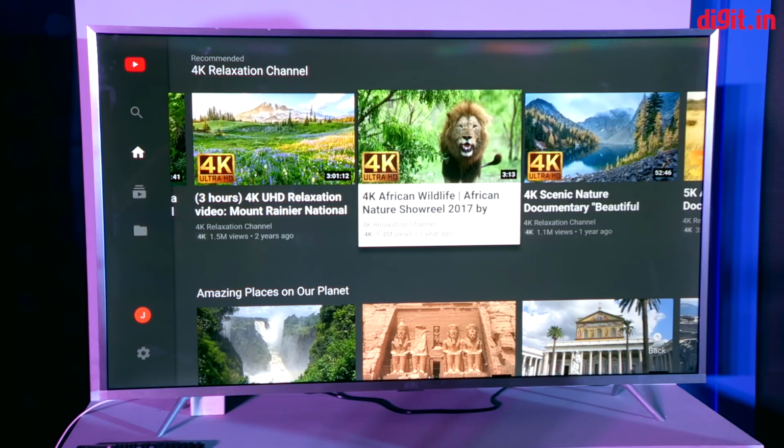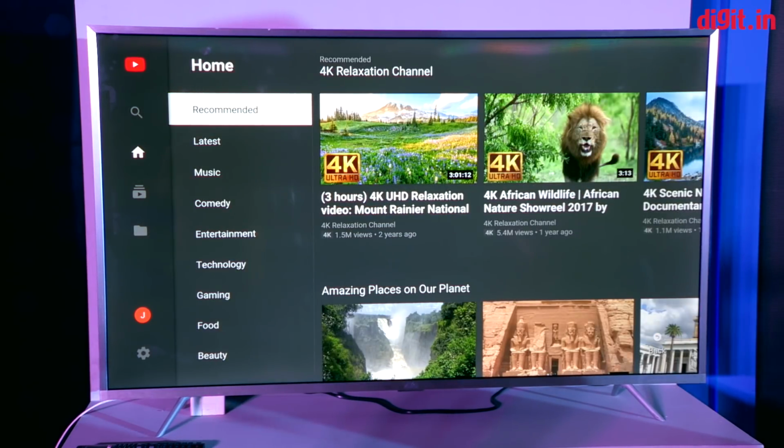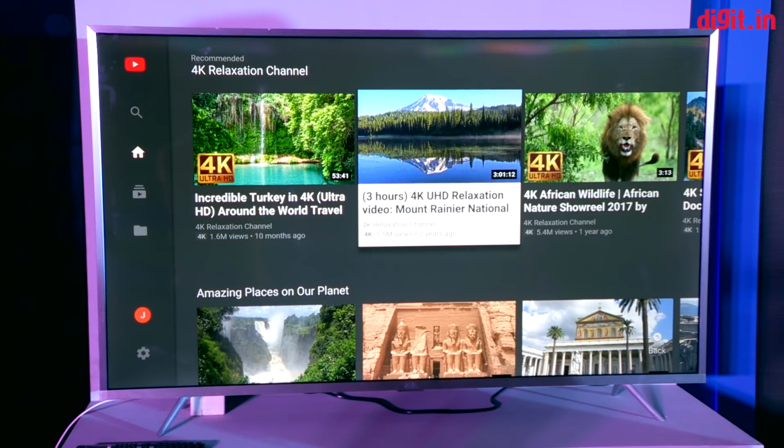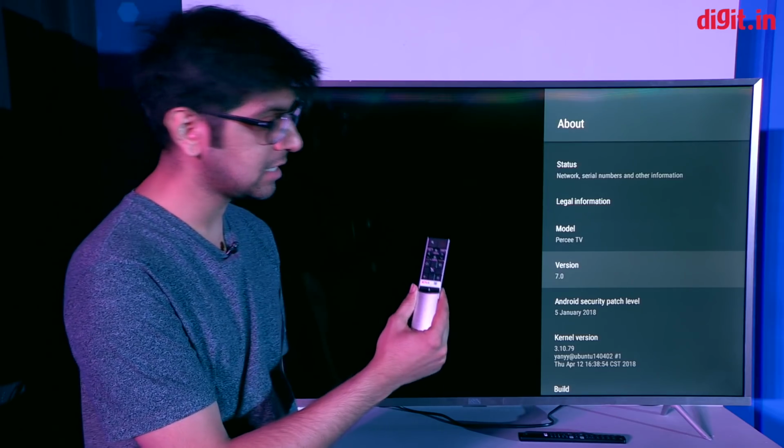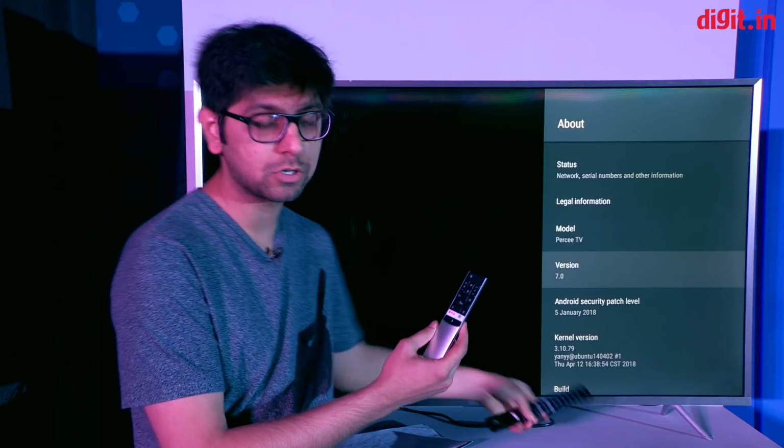Now, talking a little bit about the panel, it's a 4K 60 Hz panel. It's a VA panel, and we are told that it can do 4K at 60 Hz, and it is a 10-bit panel. Now, this is also another interesting thing, is that it comes with two remote controls out of